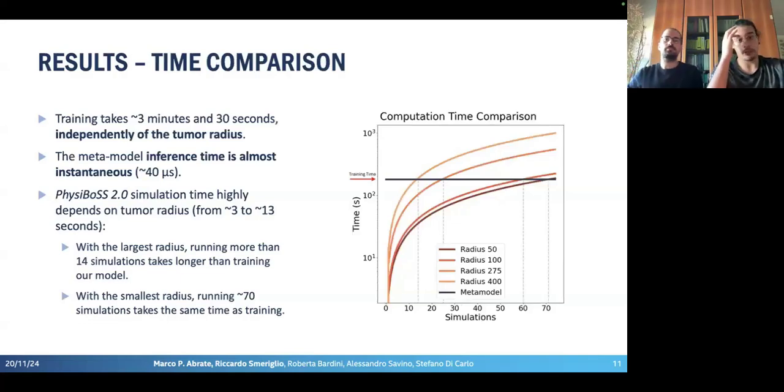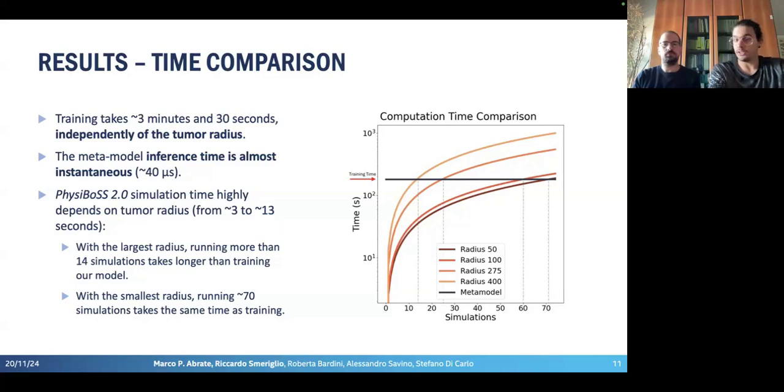Thank you, Marco. I'm going to talk about the time comparison between the original simulator PhysiBoSS 2.0 and our model. For our model, the training time takes more or less 3 minutes and 30 seconds, while the inference is basically instantaneous. In terms of time for the PhysiBoSS 2.0 simulator, the time required for a single simulation depends